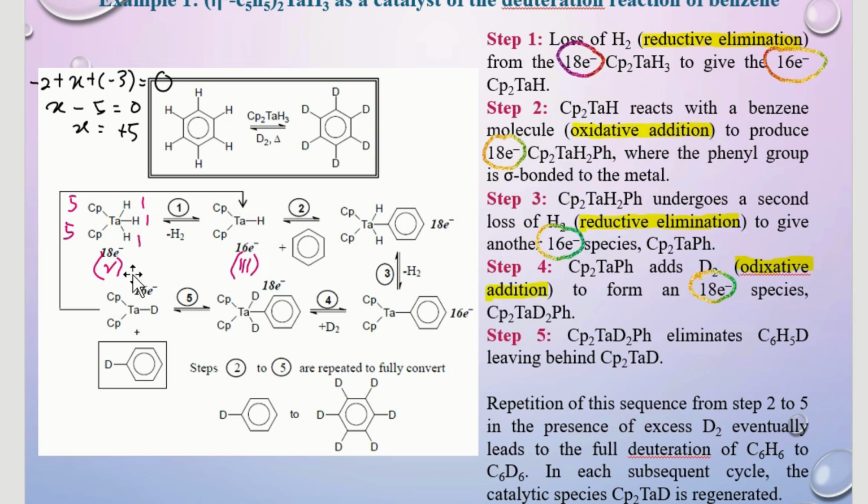Okay, so they reduce by 2 for the total number of electrons, and also reduce by 2 for the oxidation number. So that one is the property of reductive elimination. Okay, that is the first step. Now for the second step, we have Cp2